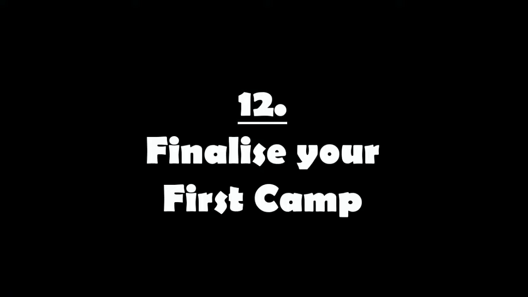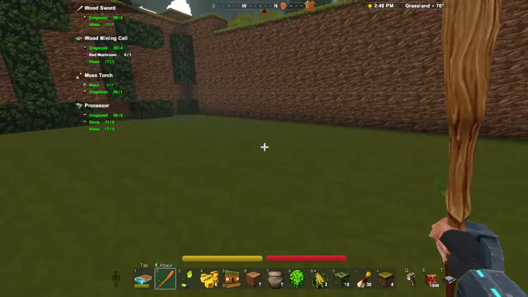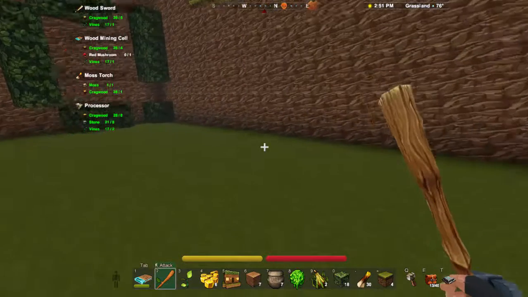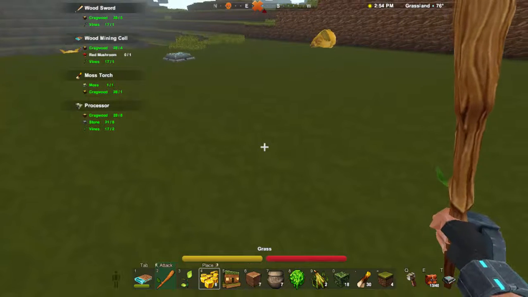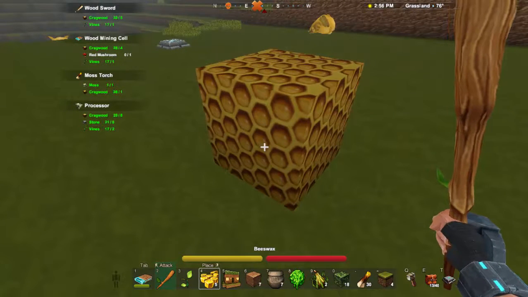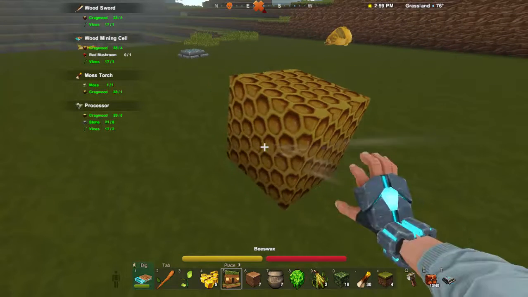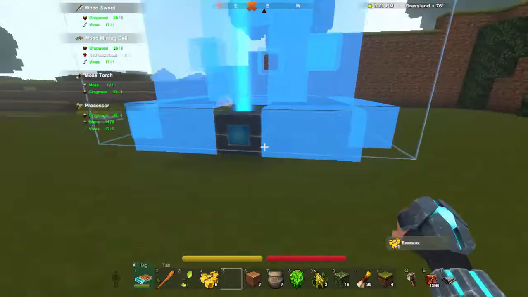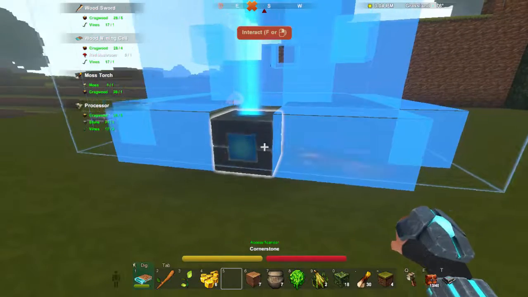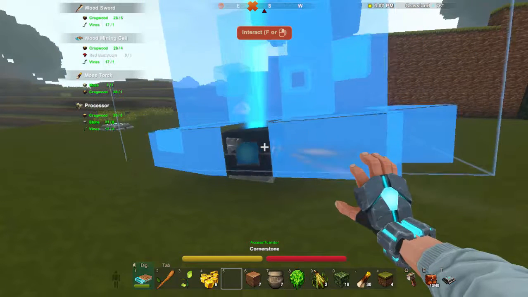Number 12. Finalise your first camp. Once you've done that and you've got your basics sorted out, it's a good time to get ready for night. This is the point where you can decide whether you want that janky house. It's called janky for a reason. That is not it. That can be your first home, your temporary home, your permanent home. You got that choice. Or if you're still ready to explore further,